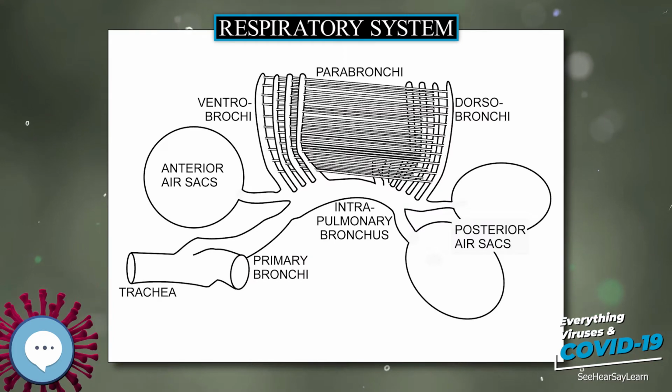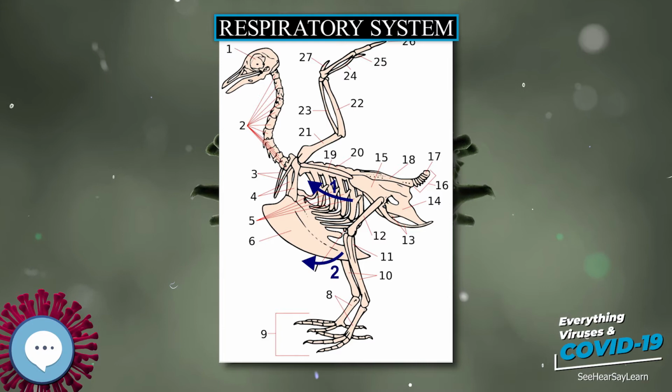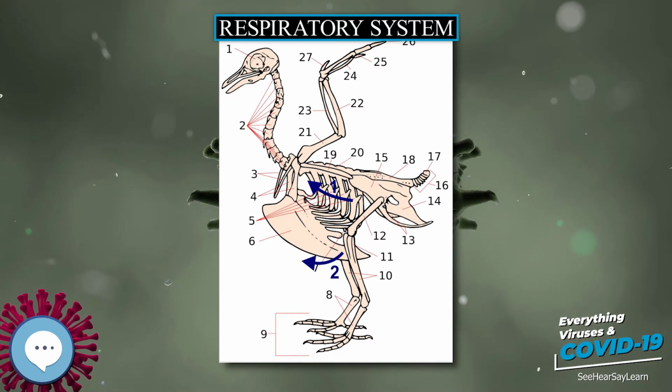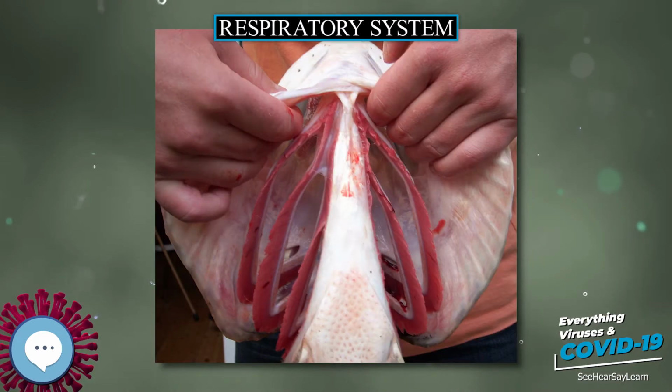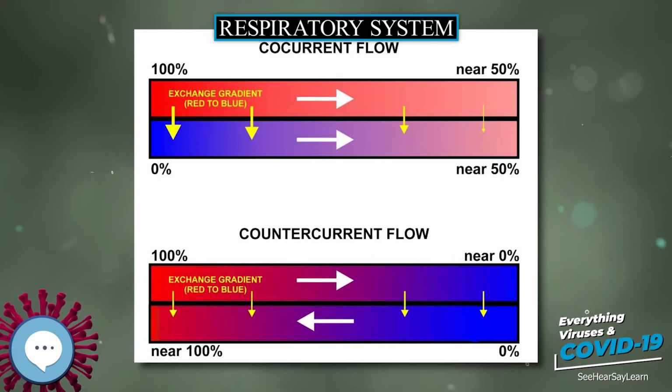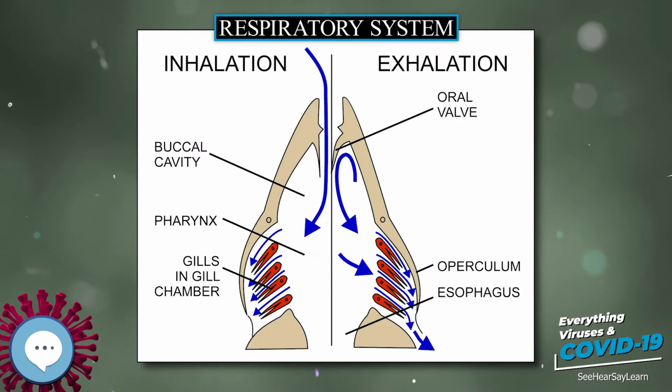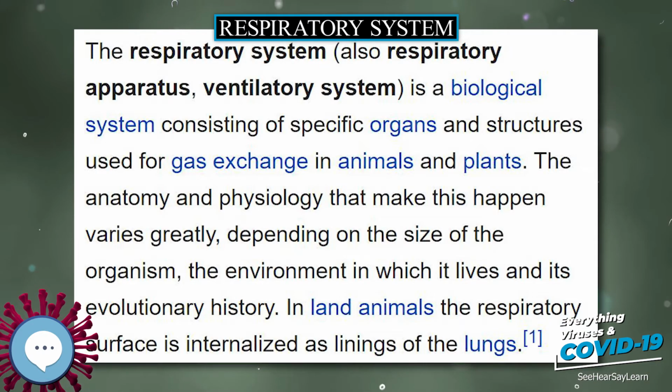The intervals between successive branch points along the various branches of the tree are often referred to as branching generations, of which there are, in the adult human, about 23. The earlier generations, approximately generations 0 to 16, consisting of the trachea and the bronchi, as well as the larger bronchioles, simply act as air conduits, bringing air to the respiratory bronchioles, alveolar ducts and alveoli, approximately generations 17 to 23, where gas exchange takes place.